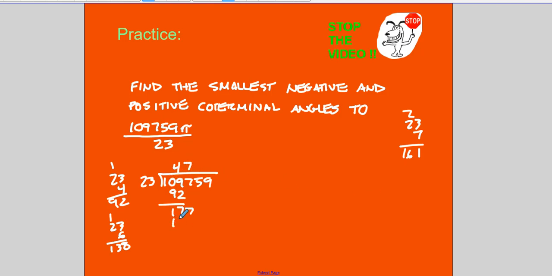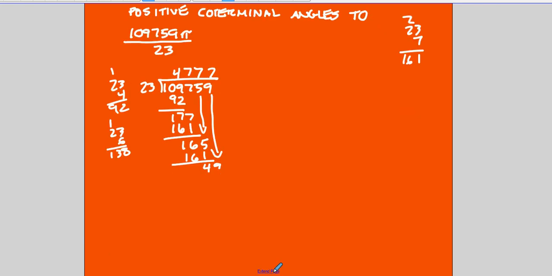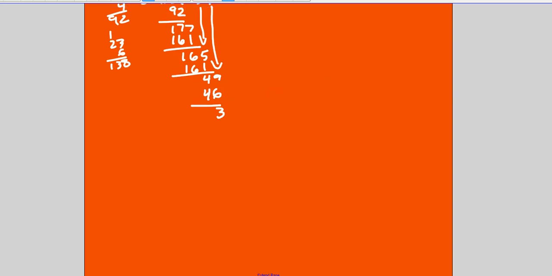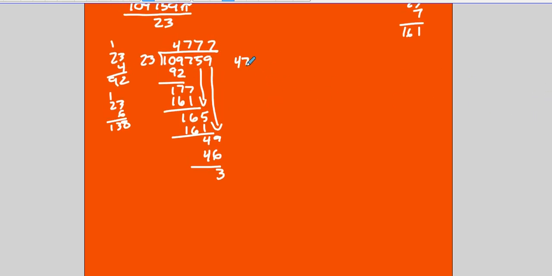So that's going to be 161. Subtract. Bring down the 5. So we know that goes in 7 times. So we get 7 there. That's 161. Subtract, that's 4. Bring down the 9. 23 goes into 49 twice. That's going to be 46, 23 times 2, so we get remainder 3. So we have 4,777 and 3/23 pi, which is 4,777 pi plus